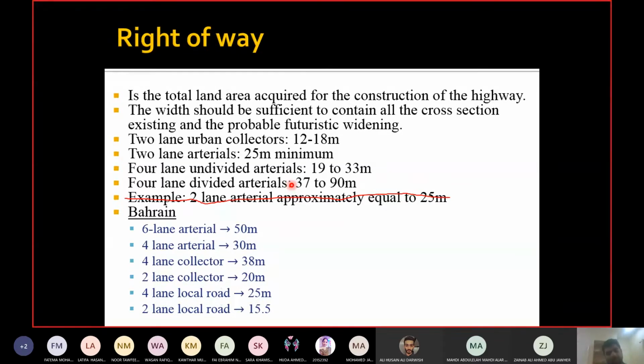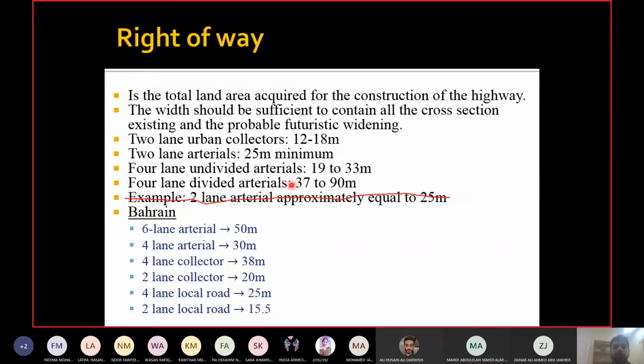Okay, so right now they will build the lanes which are required for now. And they will save the money because that money can be used somewhere else. Why would you spend the money on something which is not required right now while you have other public projects? This is public money, right? You cannot just throw it away on something which will be required after 20 years. So you save the money for that. Okay, but the space will be reserved now. For the next 20 years, the space will be reserved now.